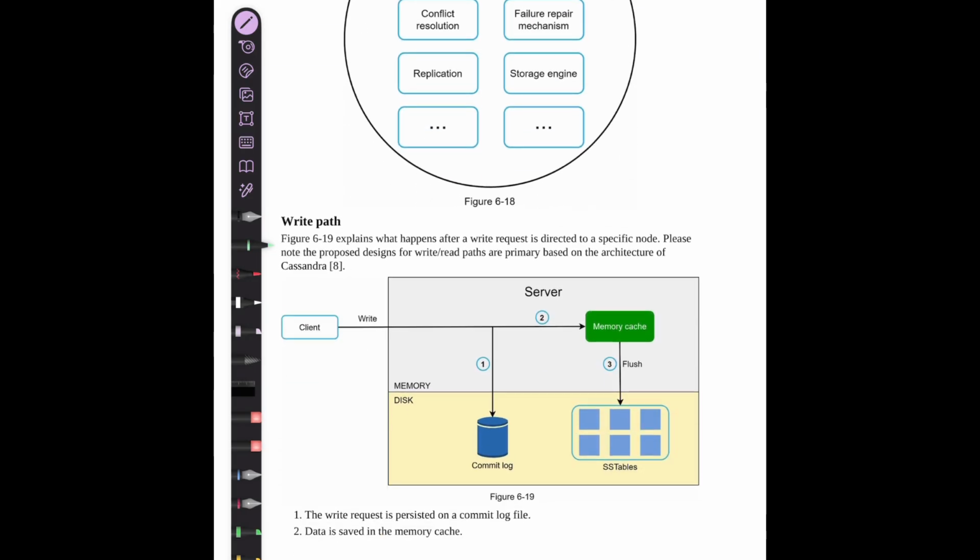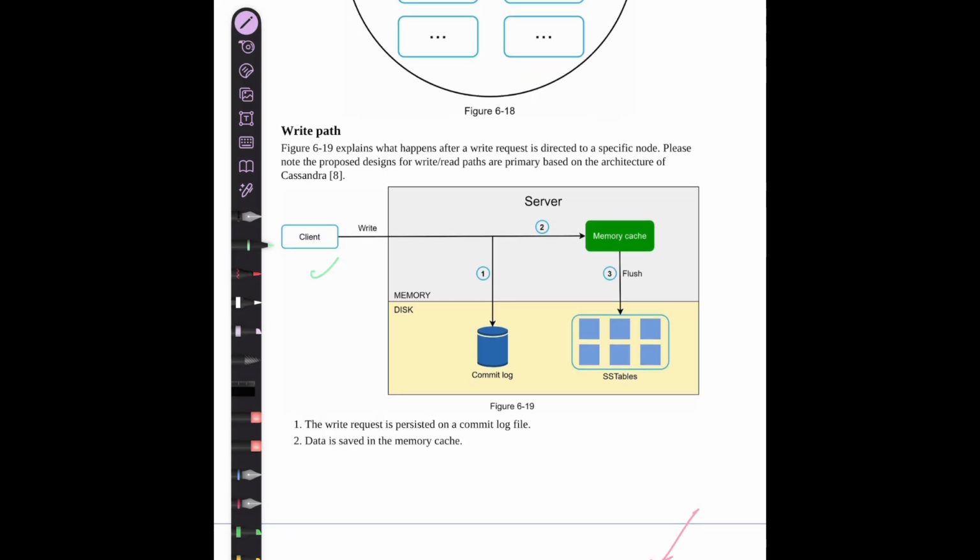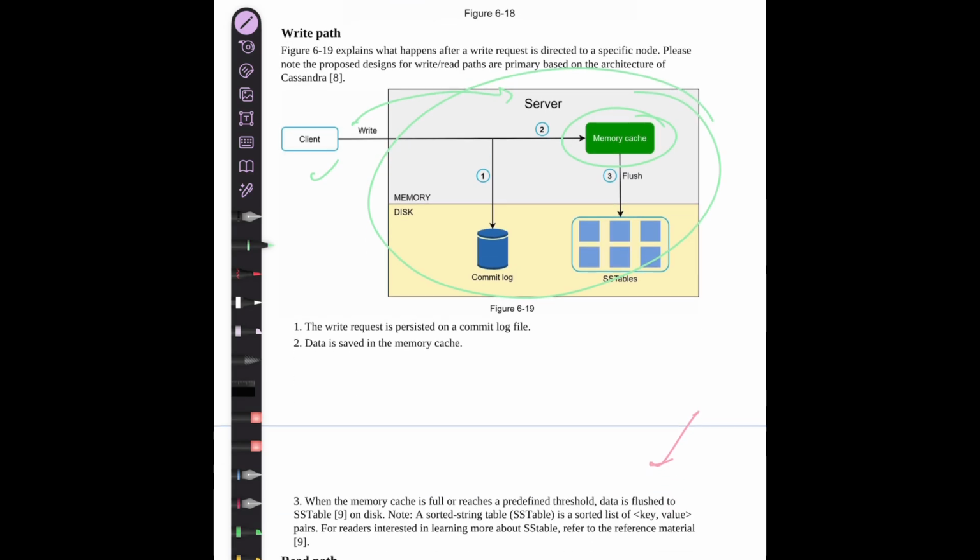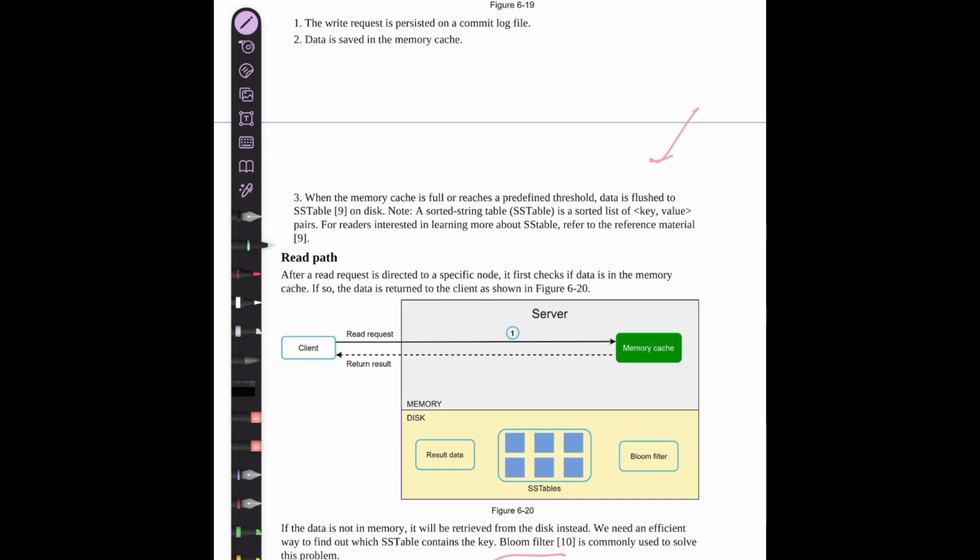So in very abstract terms, what does a write path look like? The client sends a write request to a server. This complete thing is a server. The data that the client wants to write, D, is stored in the memory cache. Once there is a significant amount of data that you have to write, you flush it all to the SS table. The SS table stores it in the form of key value pairs. Because every time a client sends a write operation, you won't directly keep calling the SS table, right? Because it's costly. So you wait for a certain number of writes to come and then you flush them all in.